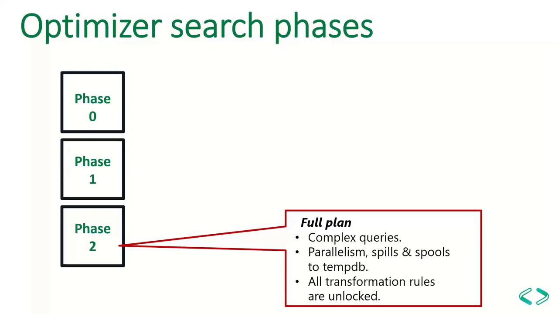Now, what I mean by that, for example, we are not using a data type like nvarchar max, right? So the optimizer will first go ahead and prune off all the transformation rules which are related to that nvarchar max, such that it will analyze some of the transformation rules to get that good enough plan as quickly as possible. That's how the optimizer will get the execution plan from these three phases.